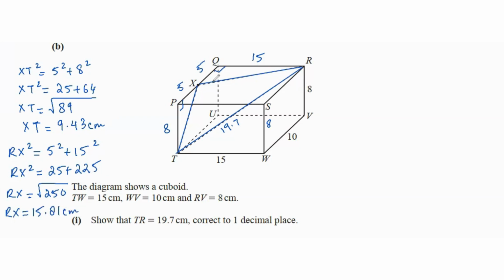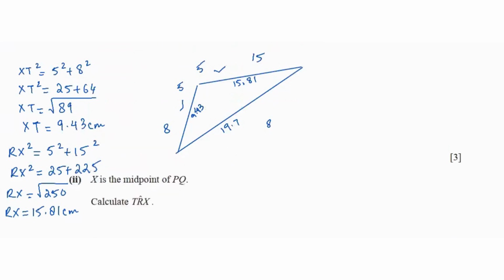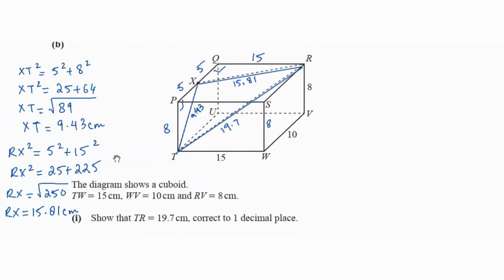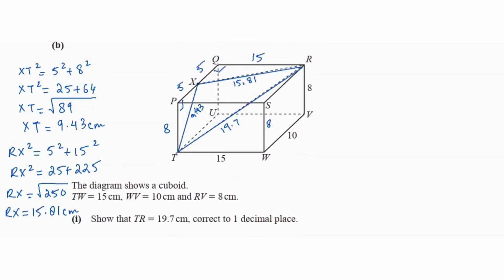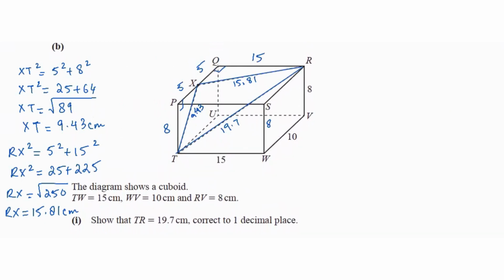Now that we have the lengths, 15.81 over here, 9.43 over here. So what we will do now is, we have three lengths and we have to find angle PRX. PRX is what we have to find. So what we will do is,